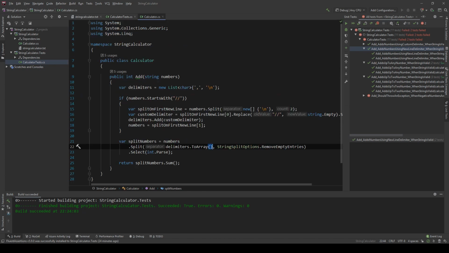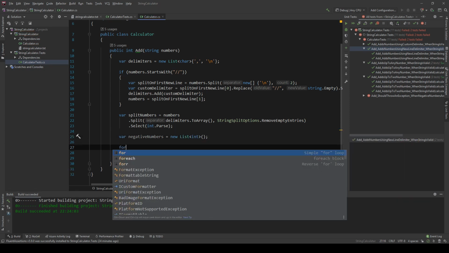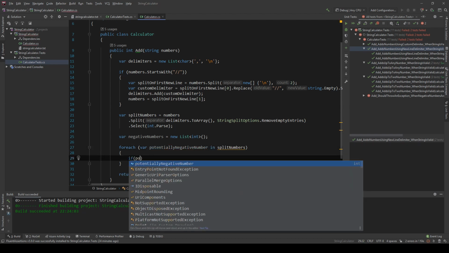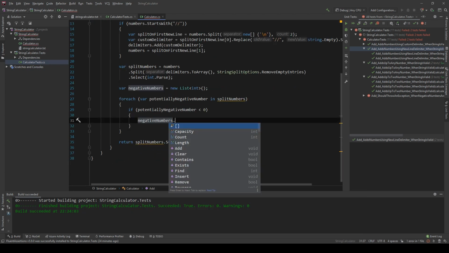Let's go back to our code. Let's see what we have here. So we're past the initial custom delimiter splitting, and we have the split numbers as integers. Remember, negative integers are still integers. So I can just simply go here and say var negative numbers equals new list of integers. And then for each split number, which is potentially a negative number, I can simply say if potential negative number is less than 0, so it's negative, add it to the negative numbers